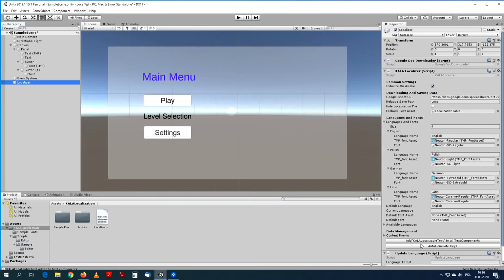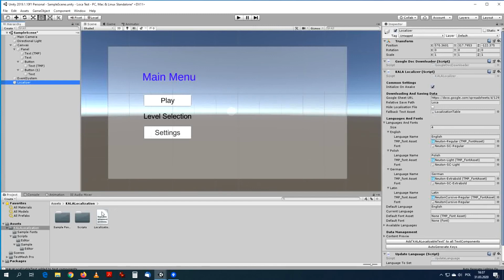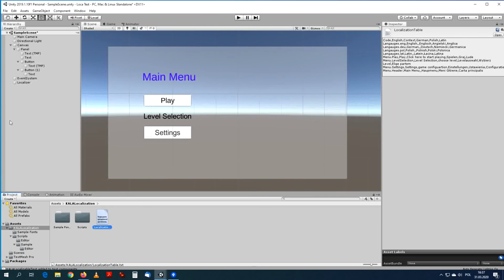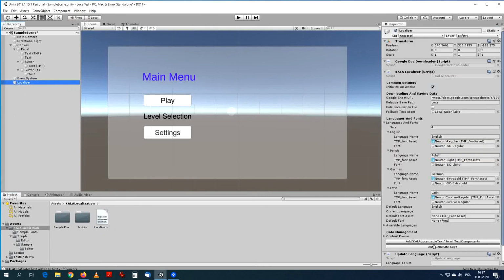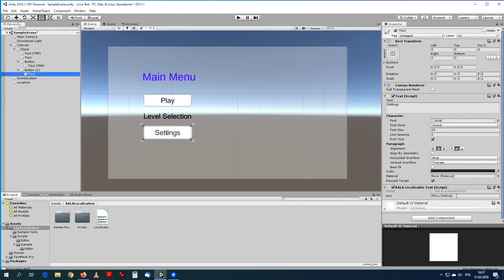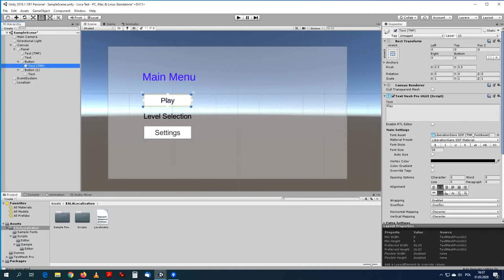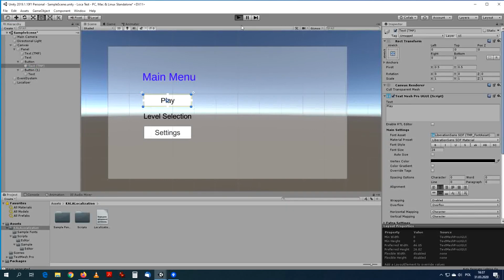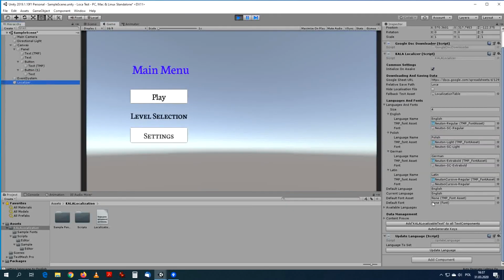A very important thing about it is that we have to have started the scene at least once for it to work, because it uses this fallback text asset, and this updates when we start the scene. As you can see, it was empty at the beginning. Now we have text here. So when we go to our localizer and just click auto generate keys, it puts the correct keys here automatically. Now when we start the scene and we update the language,